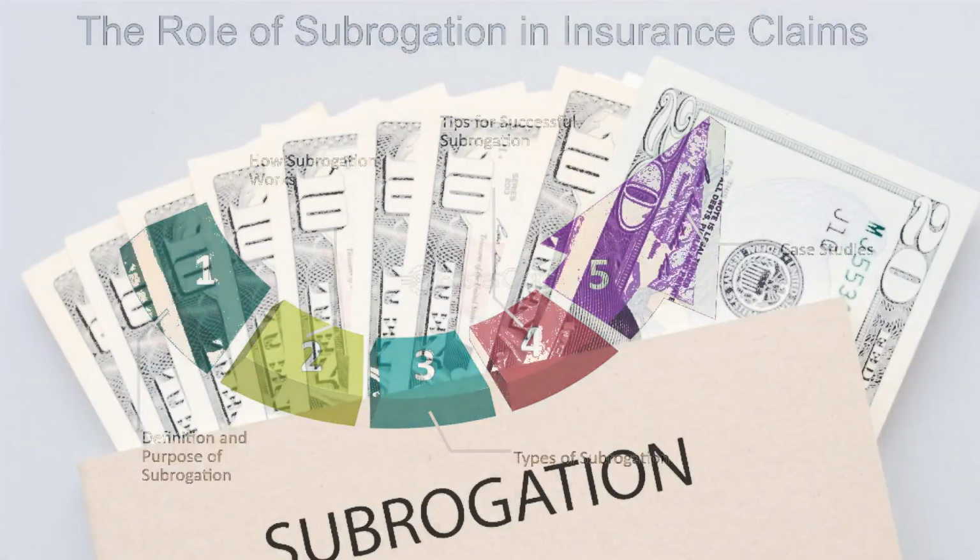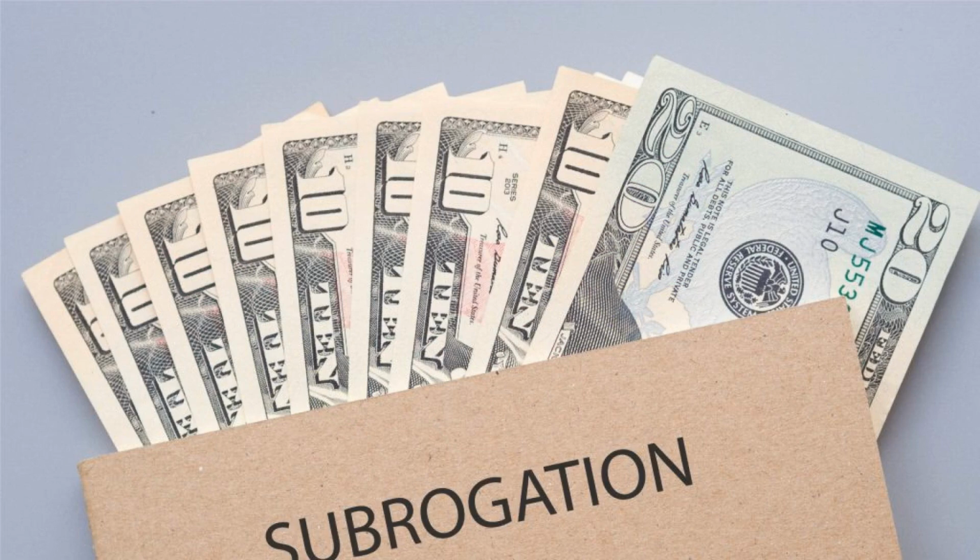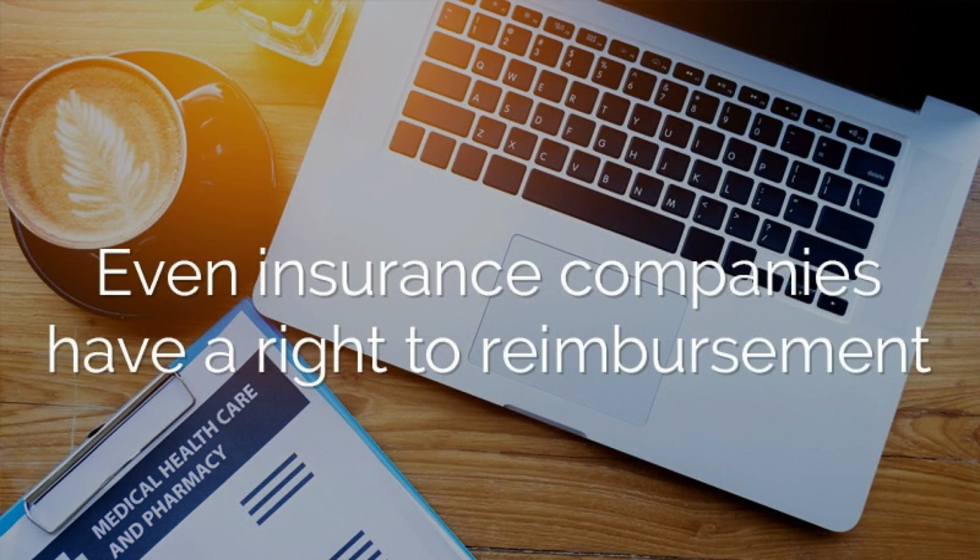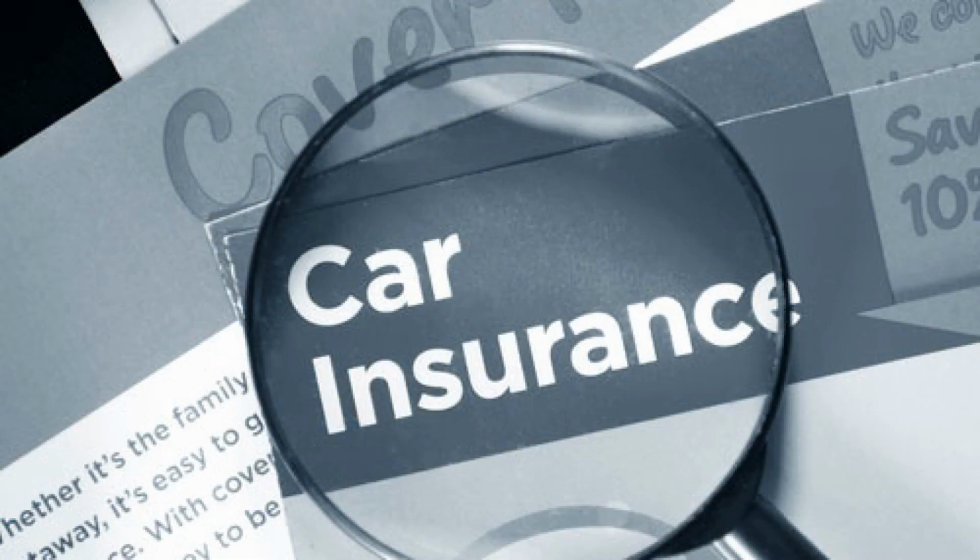In conclusion, understanding the distinctions between subrogation and recourse in auto insurance is crucial for both policyholders and insurers. Subrogation allows insurers to recover costs from the responsible party after paying a claim, while recourse refers to the insurer's right to seek reimbursement from the policyholder under certain circumstances. By clarifying these concepts, we can navigate the complexities of auto insurance more effectively and ensure that we are well informed about our rights and